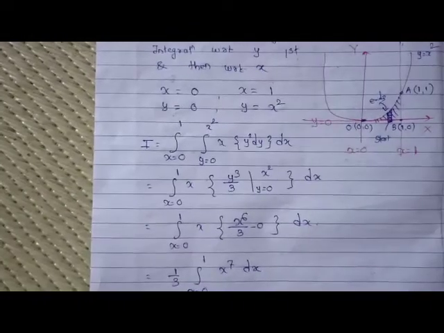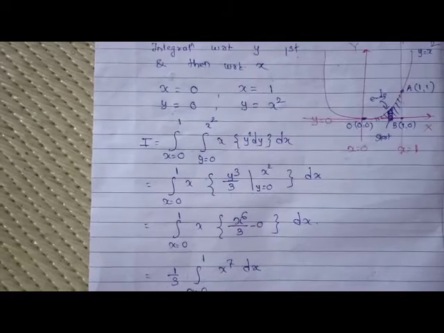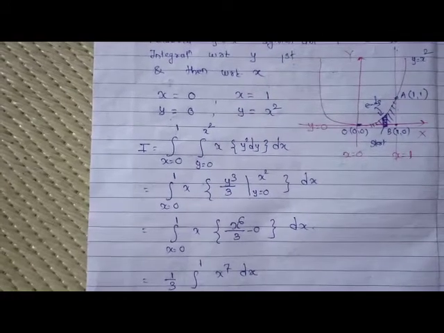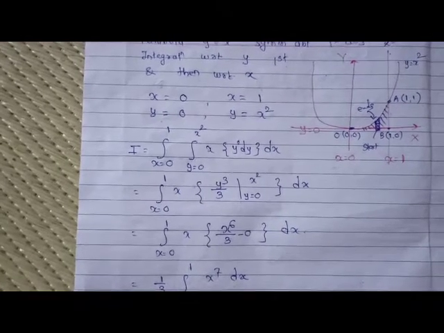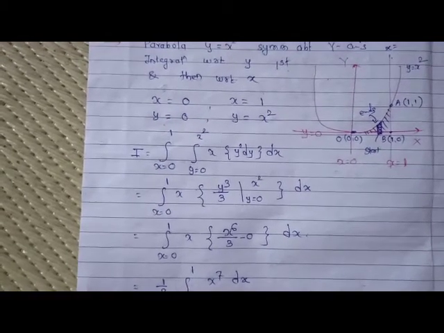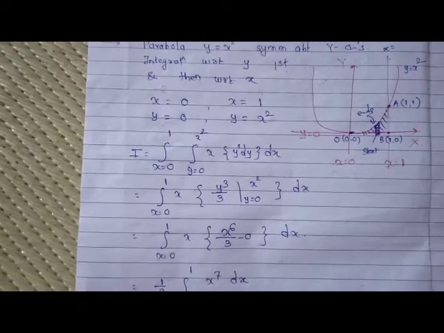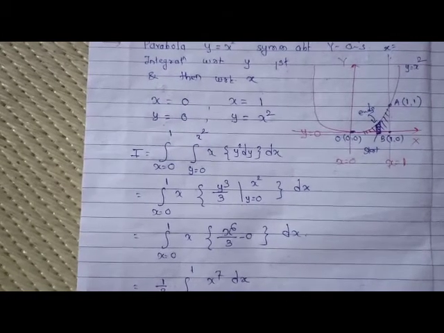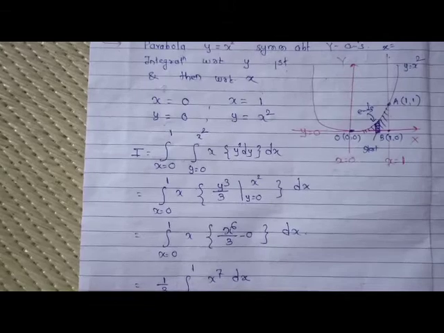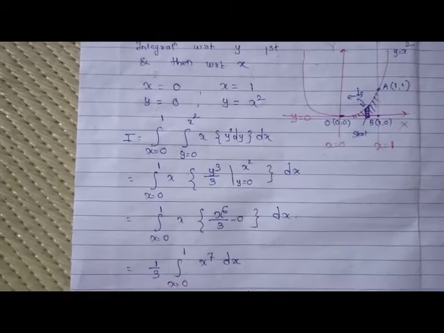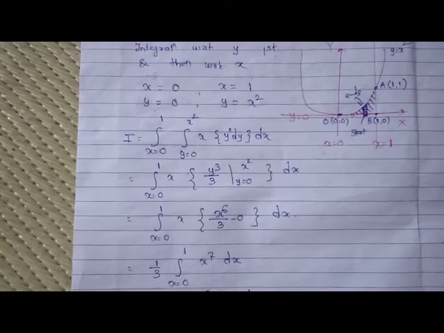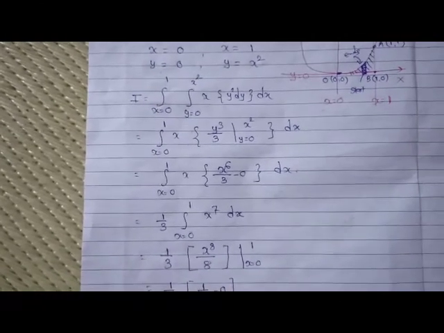Now understand how to solve the integral. Limits x equal to 0 to x equal to 1, y equal to 0 to x square, to be integrated x y square. So write the terms in y only together. So integration with respect to y first, so y square dy. Keep the x as it is. Integration of y square is y cube divided by 3. Limits of y are 0 to x square. They are substituted, so we get x raised to 6 divided by 3 minus 0. Then it is simplified to get x raised to 7 dx.